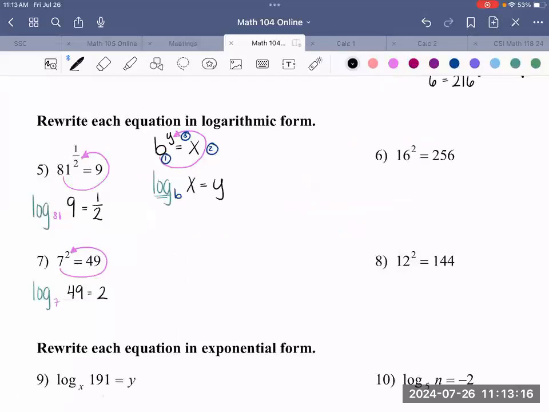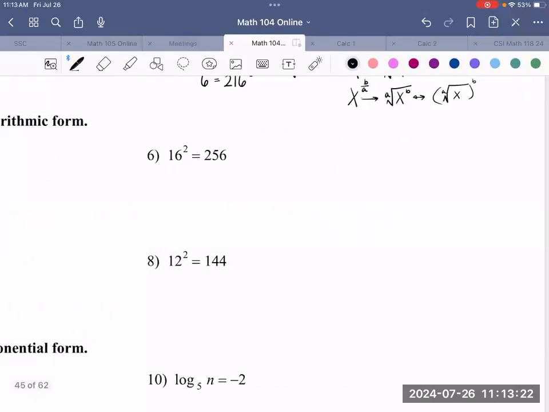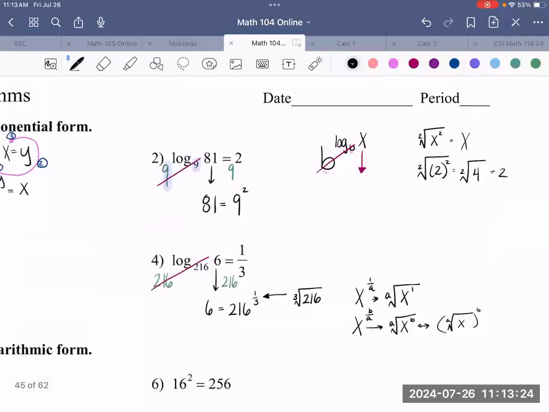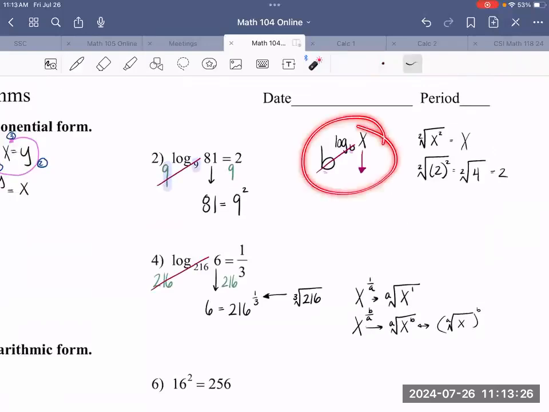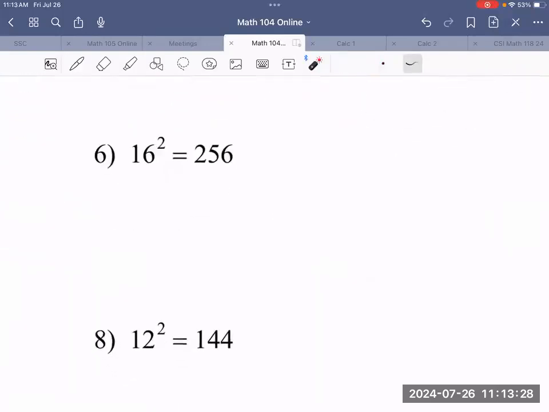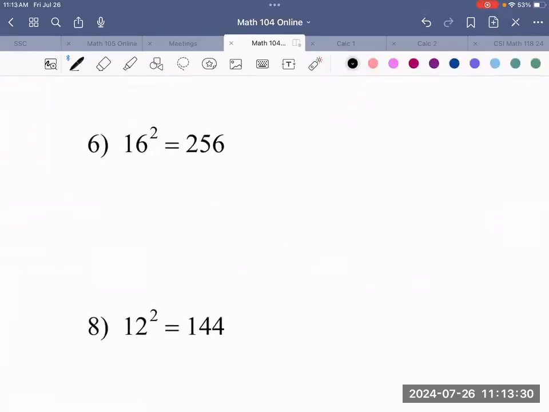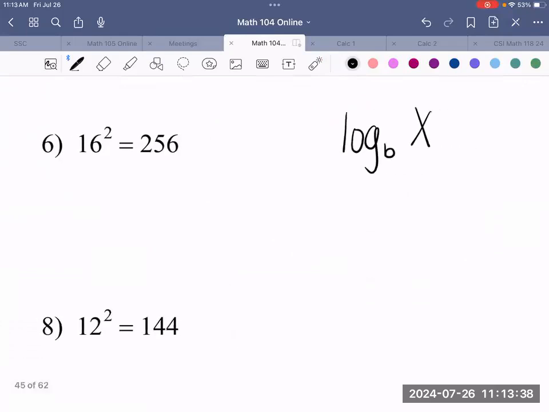Now, similar to the question before, I'm going to do a different method for this one. It's going to be kind of the reverse action of this. So instead of writing an exponential first, we're going to have perhaps log base b of x. So in order to get rid,